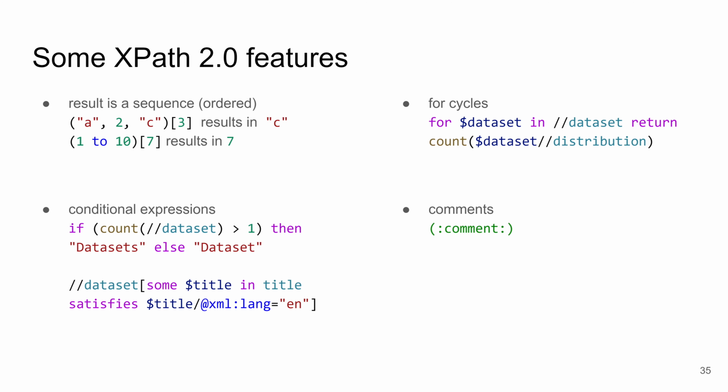It has a different syntax, but it is used to query XML. And some of the XPath 3.0 or 3.1 features, one of the interesting ones is the mapping operator with the bang symbol, and that's the exclamation mark. And that will do the following. For each node in the node set, it will do the expression after the bang operator. So here it will count all descendant distributions of each dataset returned by the /dataset, which again results in